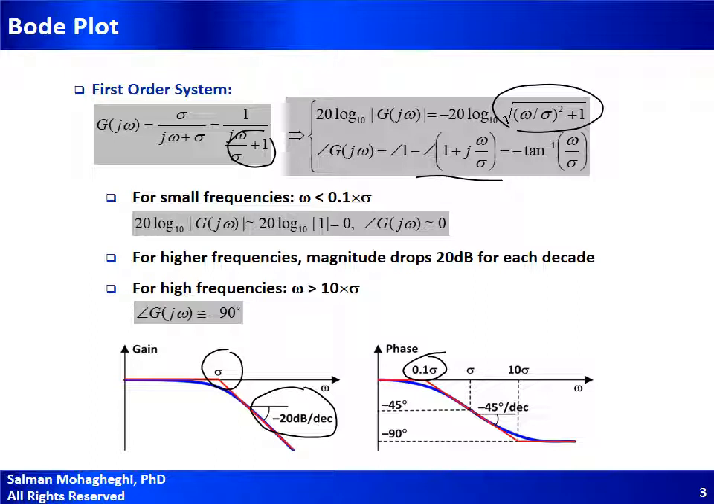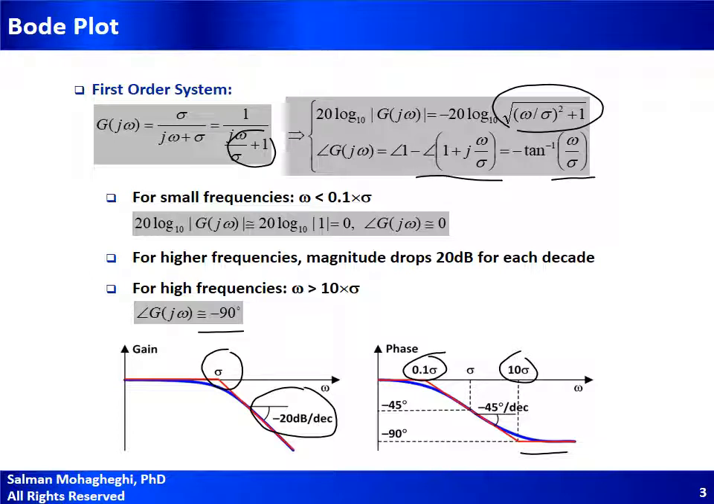For high frequencies, which here we assume to be 10 times the pole location, this quantity is going to be too large, and if it's asymptotically going to infinity, arctangent of infinity would be 90 degrees, and because of that negative sign, I would have a negative 90 for high frequencies. So for lower frequencies, I would have a phase angle of 0. For higher frequencies, I would have a phase angle of negative 90 degrees. And then for anything in between, I would have a straight line connecting these two dots,